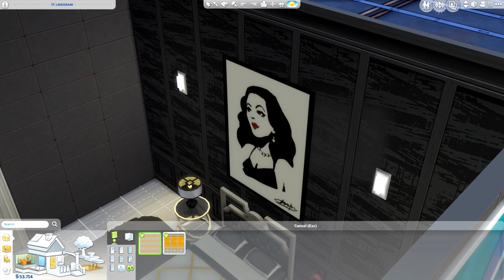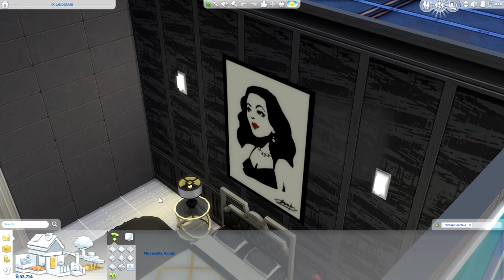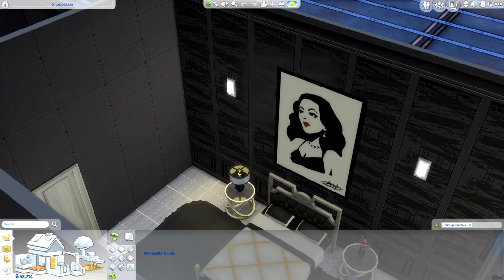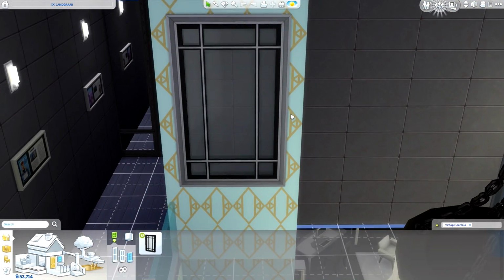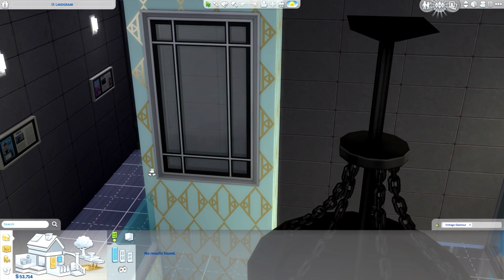I thought for sure there was more, a lot more. There's nothing else, like nothing. We do have a brand new window, which I just conveniently placed right here. I love it. I think it's gorgeous. I think it's beautiful. But it doesn't come in any other sizes. So I'm like,